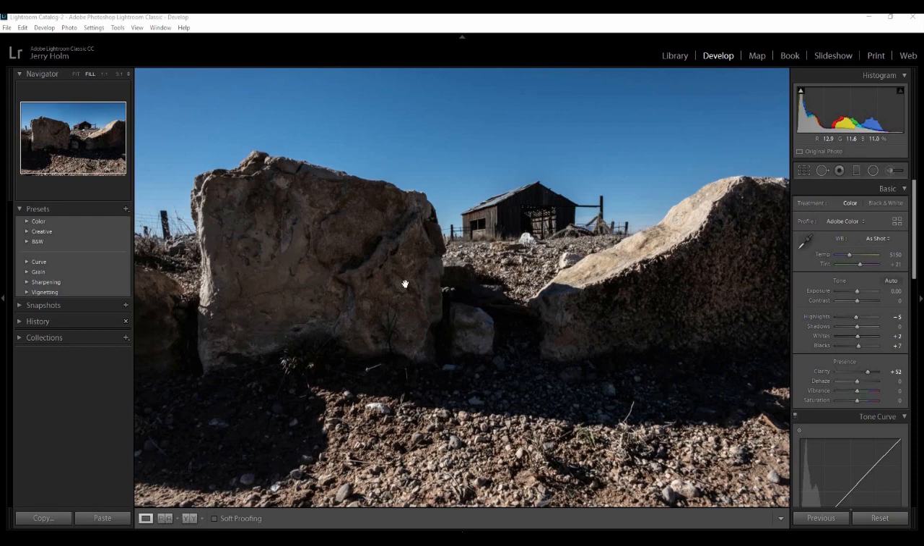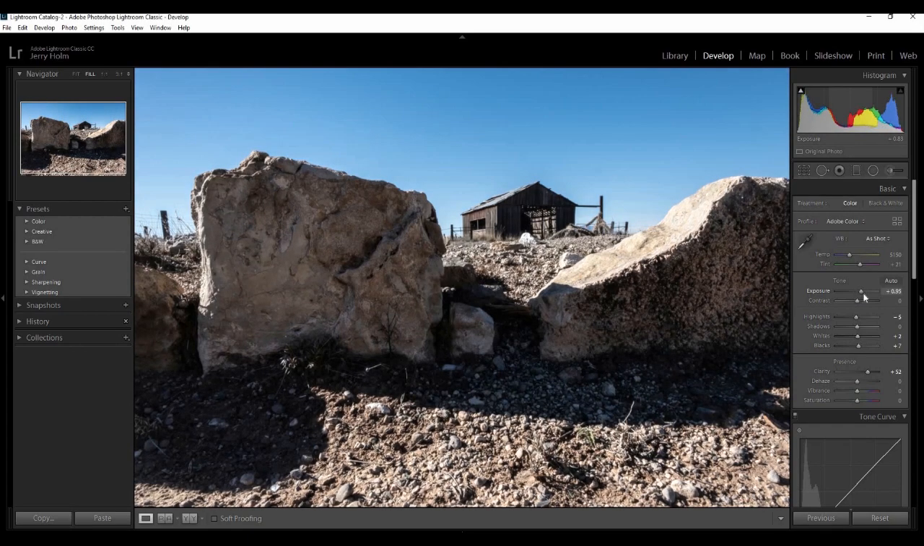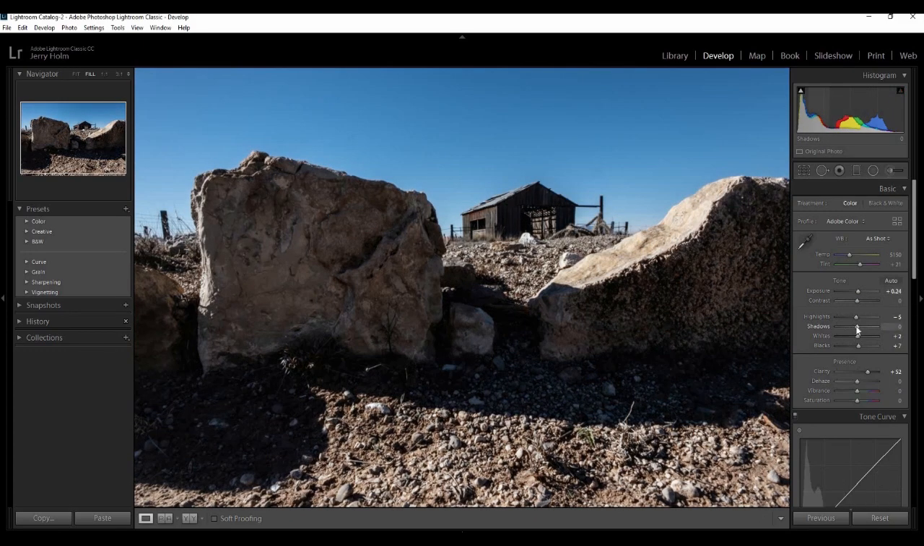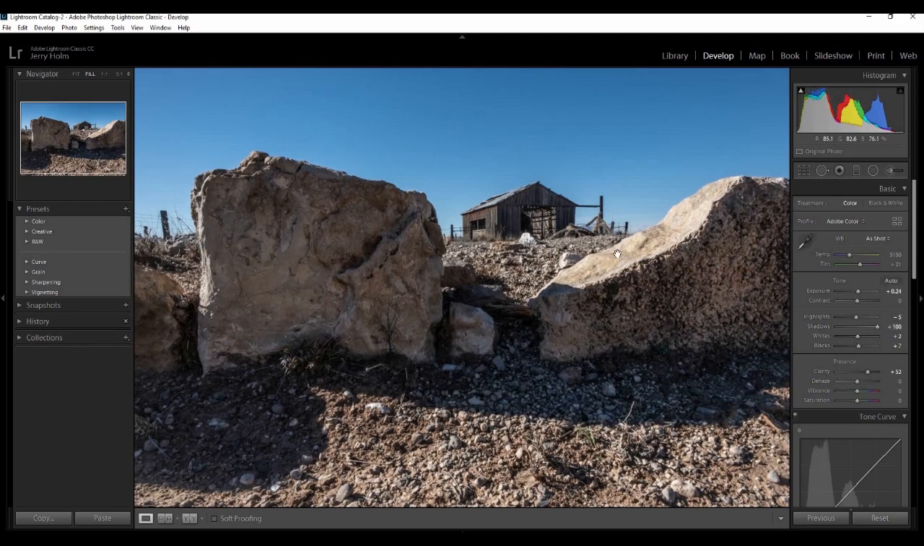So the first thing we're going to do is open up these shadows here. So we're going to grab the exposure. If we pull that up a little bit, we can see that we are opening up those shadows, but we're blowing out certain portions of the image here. So we're going to pull that back down, and we're going to go to our shadows and pull our shadows to the right. And we can see those shadows opening up, and we're still maintaining detail in these highlights. We can even pull our highlights down a little bit,